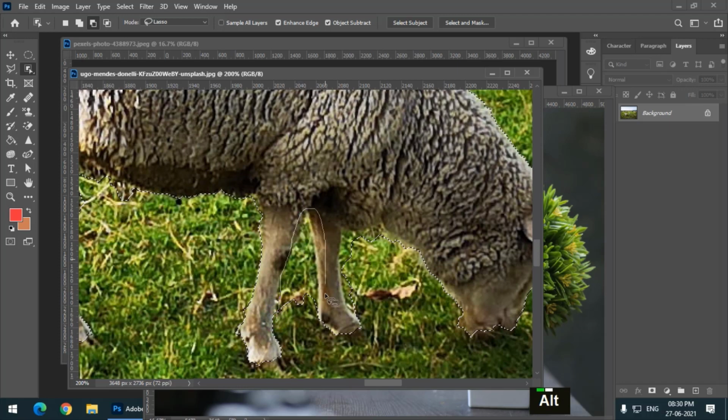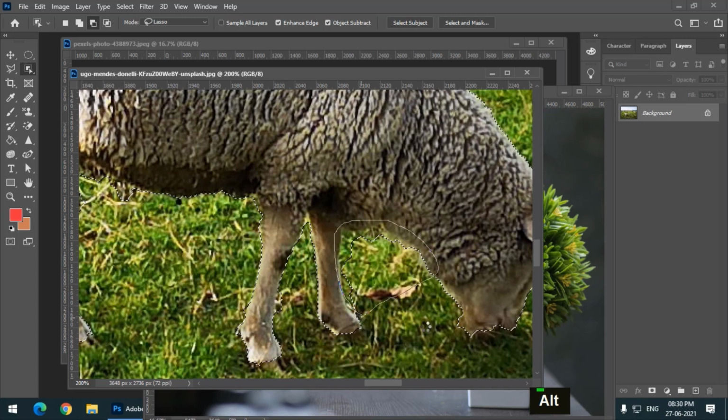And remember, your selection doesn't have to be precise. I have released the mouse button. As you can see, this has subtracted the area that we didn't want. So this is basically AI at work. It's all Photoshop AI. I forgot to press and hold the Alt key, that is why.